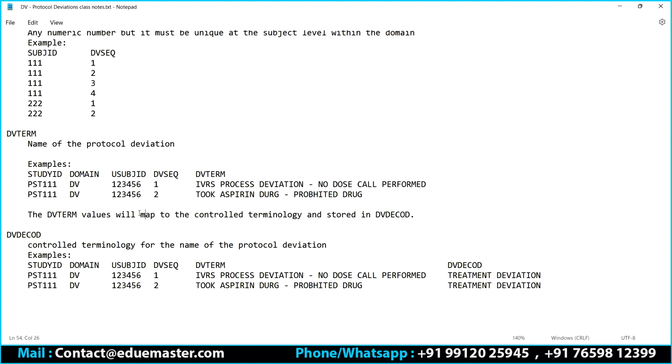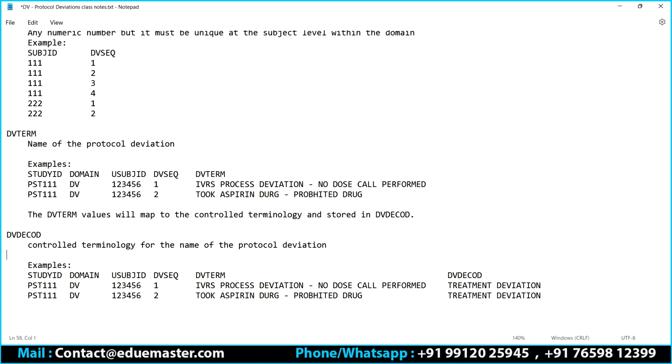Remember, all of you are able to understand this? What is the event name I'm writing in the DV term? What is the control terminology, or what is the standard term that I want to use? That standard term I'm mentioning under the DV code. If I want, you can also give here a standardized term to capture